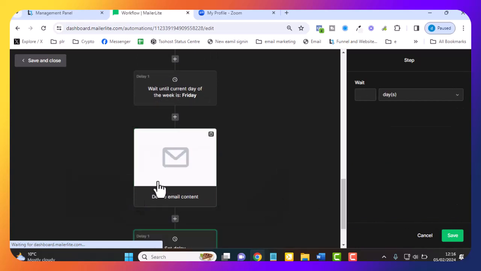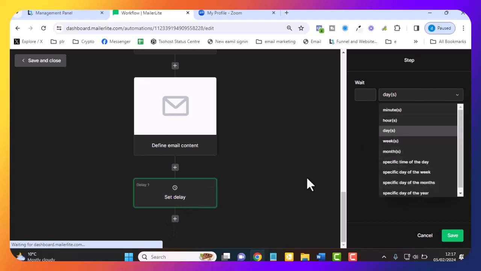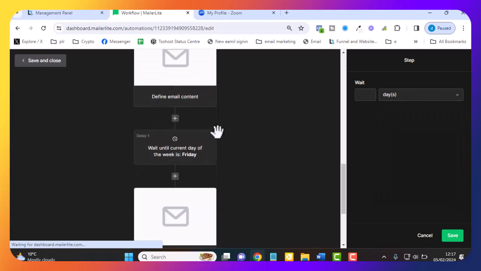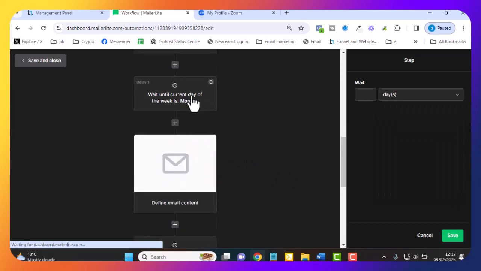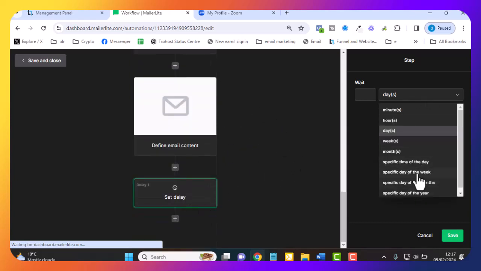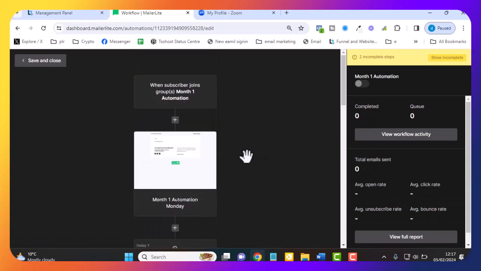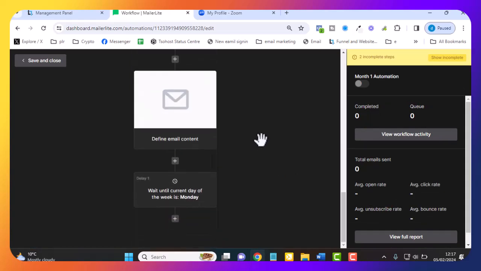So you can do this, use it as a template, and then set delay, and that delay is from the, let's have a look. So we've got Monday, got Friday, so this is for Monday. And on you go. So what you do is you create that empty template. That's what I would do if I were you. And then when you go back, if we save that, so it's incomplete, we know, but if we go back here,